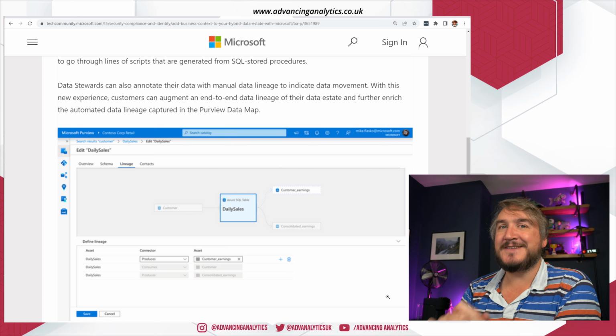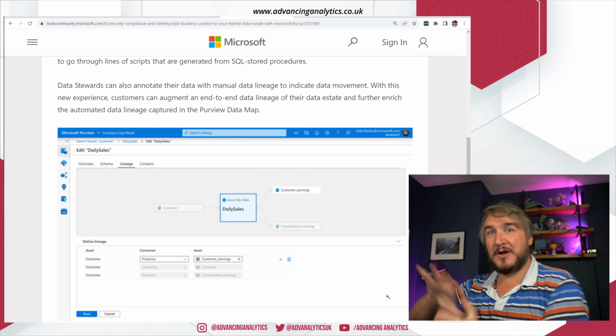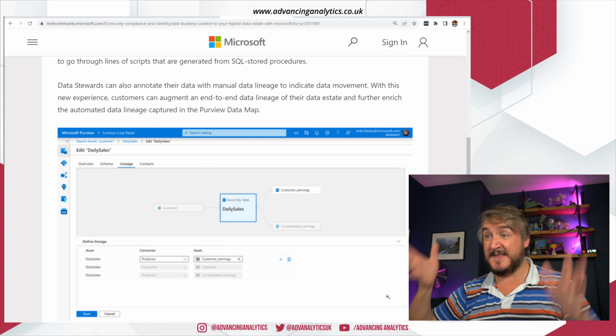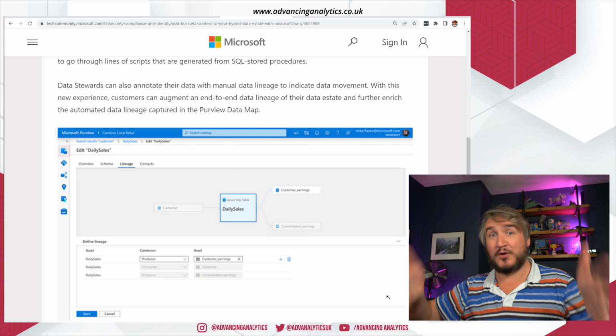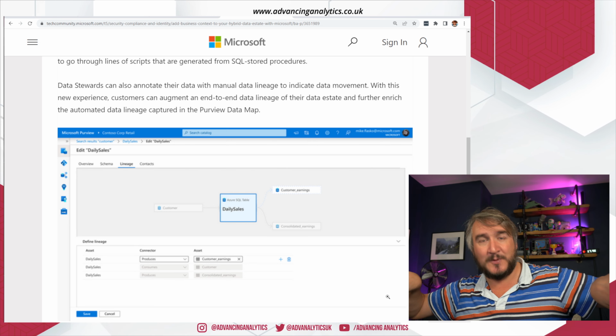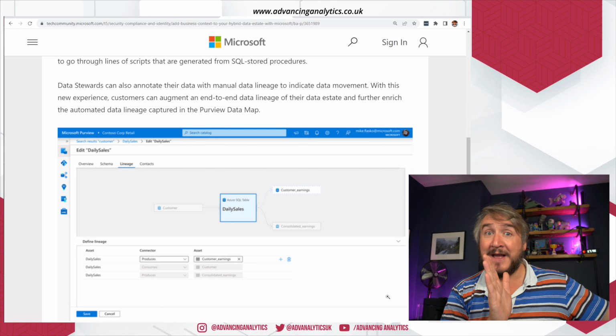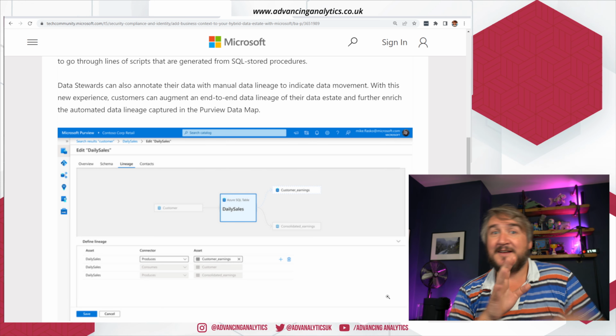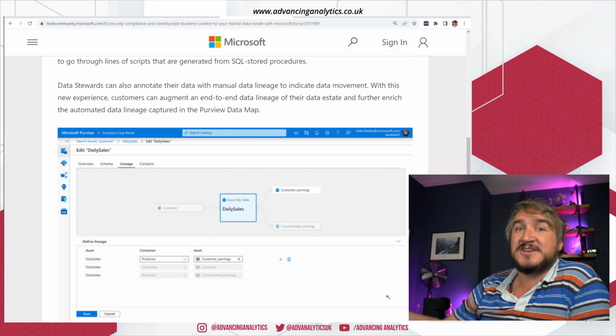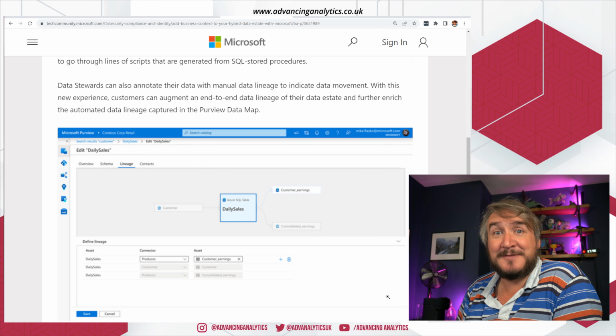Basically, what's the point in having data lineage if you've got the start of your data mapped and then something happens in the middle and you lose all relationship from where you got the data to where it went? That's a no man's land of darkness where nothing happened. And then you've got the Power BI side and you've got loads of richness there. Unless you've got full lineage end to end, it's not that useful.